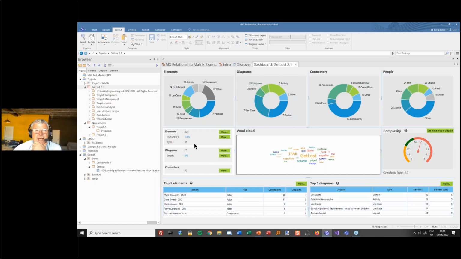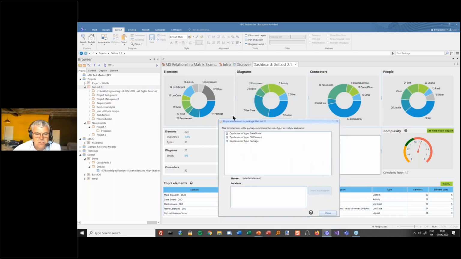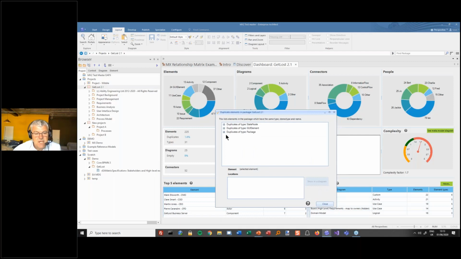some metrics that, again, are not right or wrong. Bert Dinkermans this morning was talking about duplicates. This gives me an idea of how many duplicates I have in this part of the model that have the same name, the same type, and the same stereotype? Again, it doesn't mean it's wrong,